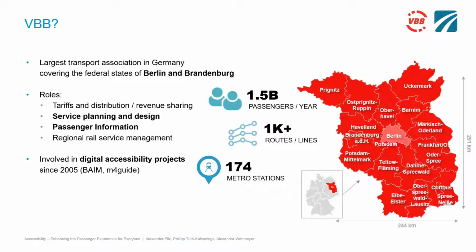We have a lot of lines. We have a lot of surface lines and railway stations, but in the city of Berlin we have a lot of metro stations under the earth, and they need elevators and escalators to switch between the station levels. And that's a very important thing that we have covered in the last year. But at first,